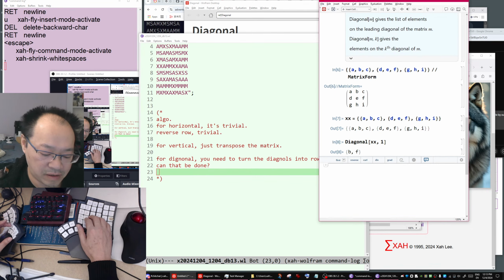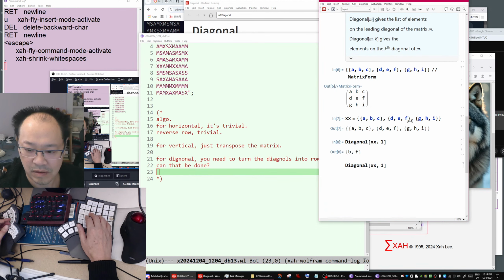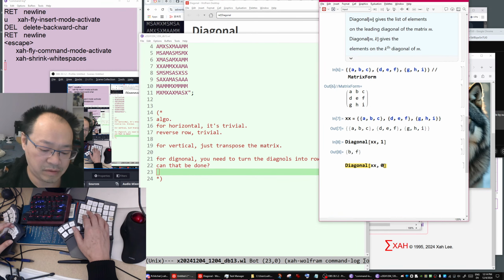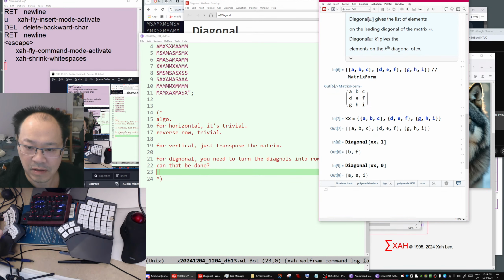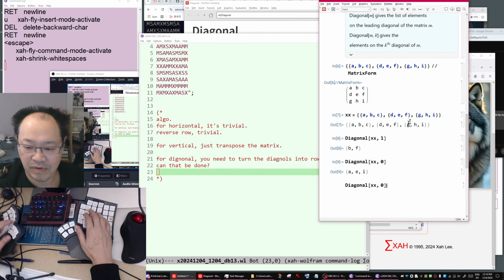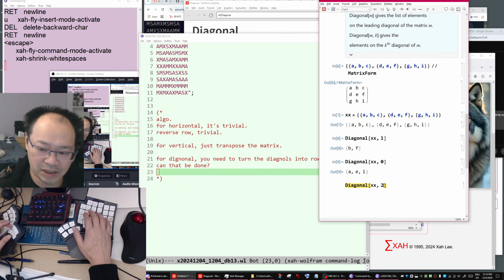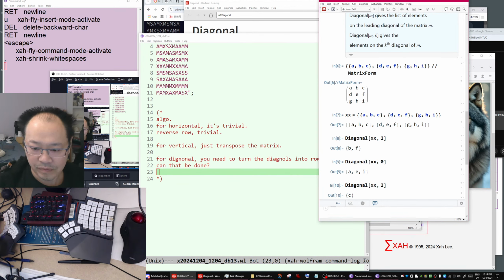BF. Okay, so let's try again. Let's see 0. Shift enter. So 0 is AEI. Okay, 1 is BF. Now if you say 2, that's going to be just C. Fantastic. So it goes by the number of columns starting with 0. Okay, so 0 is the main diagonal.